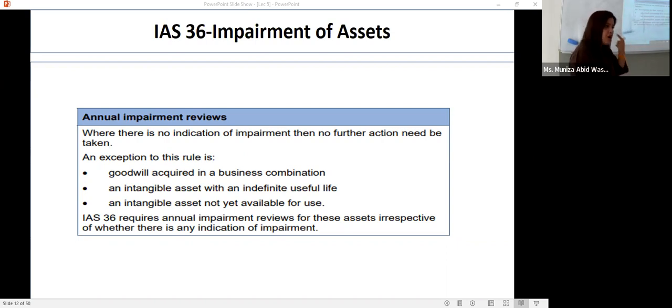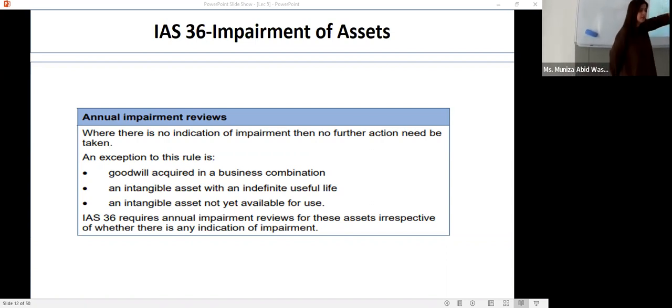When the work from those assets is started to be undertaken. Before that, amortization doesn't start. So where amortization has started, obviously in the case of intangible assets, IAS 36 is not going to be applied before their usage, and those intangible assets with indefinite useful life are going to be considered for impairment. Got it? So they are telling goodwill acquired in a business combination, an intangible asset with an indefinite useful life, and an intangible asset not yet available for use are out of the scope of the rule for checking